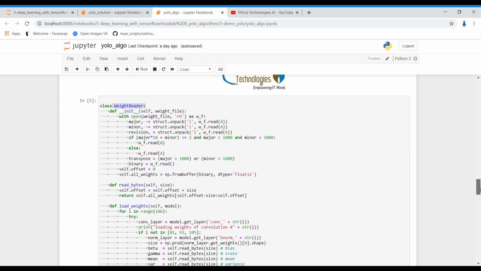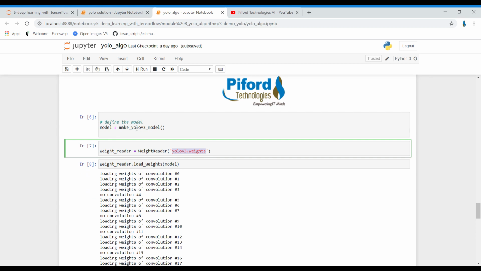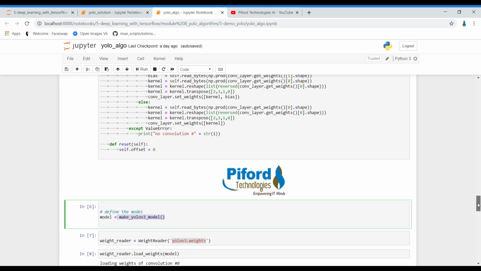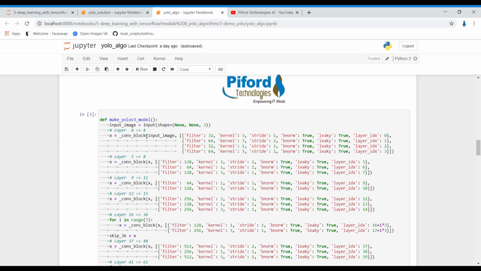So this is the whole weight reader class, right? First of all, in the model variable, I'm calling make YOLO v3 model. This is the function name, the function in which we have our network.